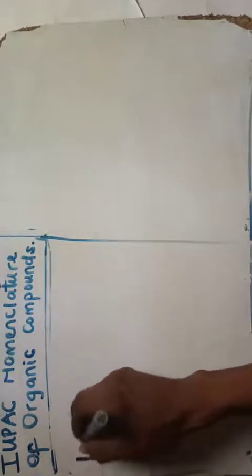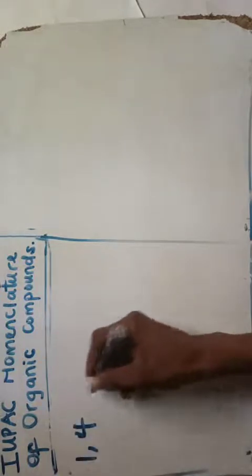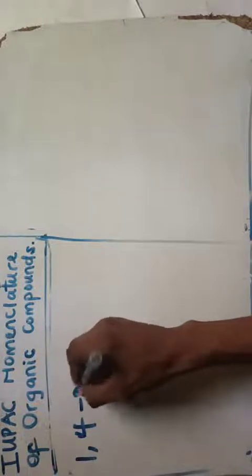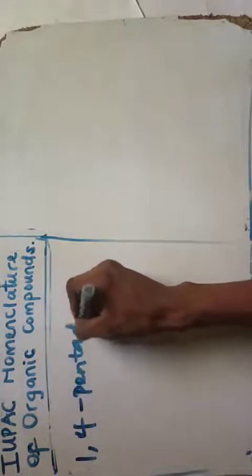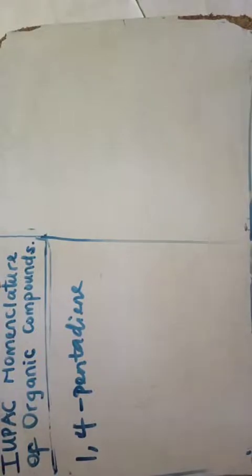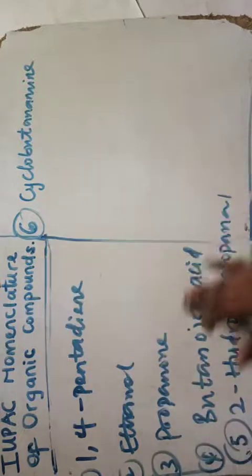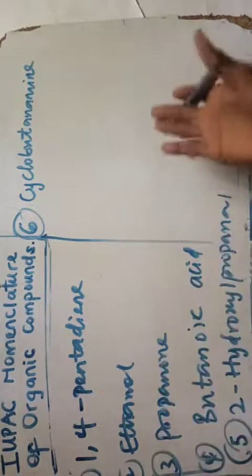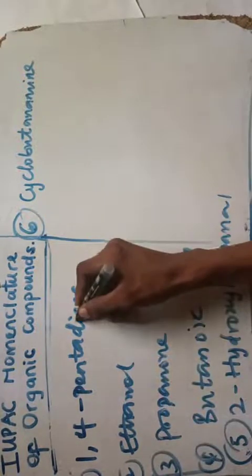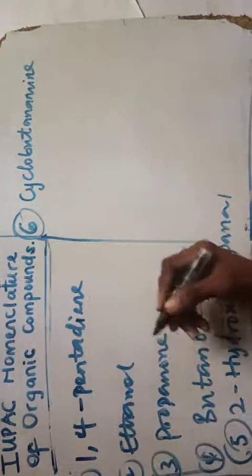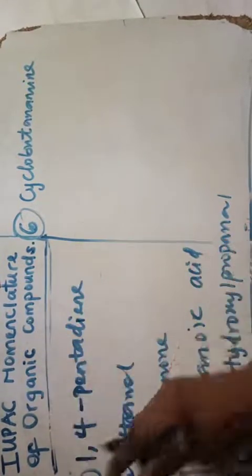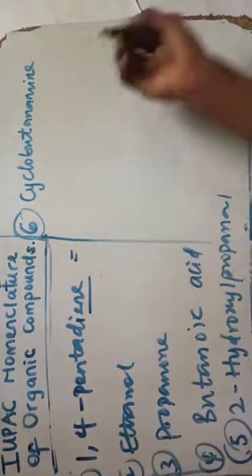So next one, let's say name the functional group in 1,4-pentadiene. Let me give you these examples. So these are questions, and now let's name the functional group, or list the functional groups present in the following organic compound. As you can see here it is just a diene. This shows two ene present in this particular compound, but the functional group is just ene, that is the double bond, simple.